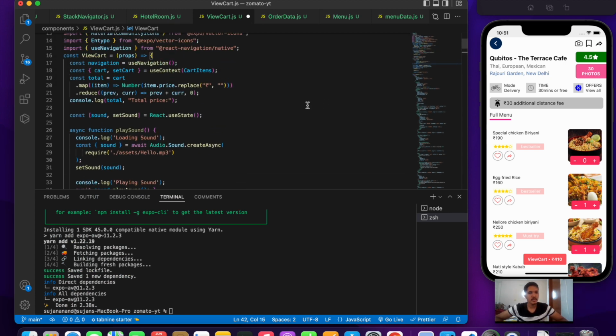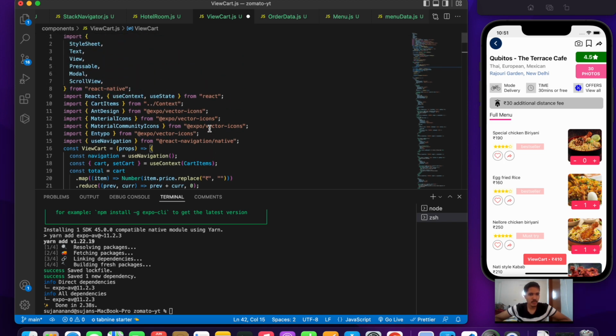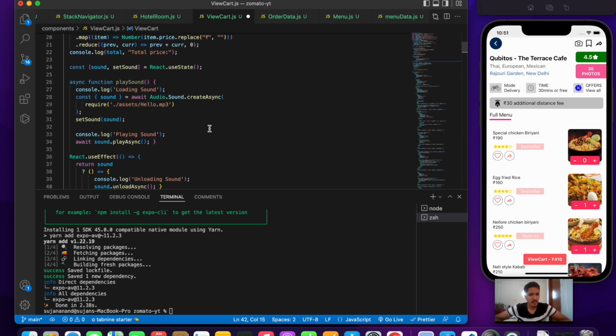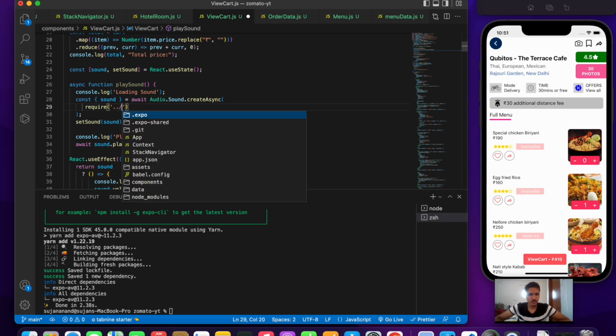All right, so we have made use of useState, and we have initialized sound and setSound. I hope useState is already imported. And then over here we send the path to our file. In our case it's going to be zomato.mp3. It's there inside our assets folder,